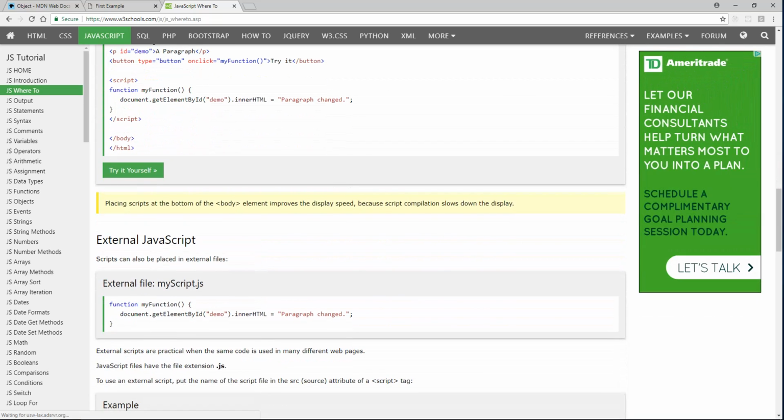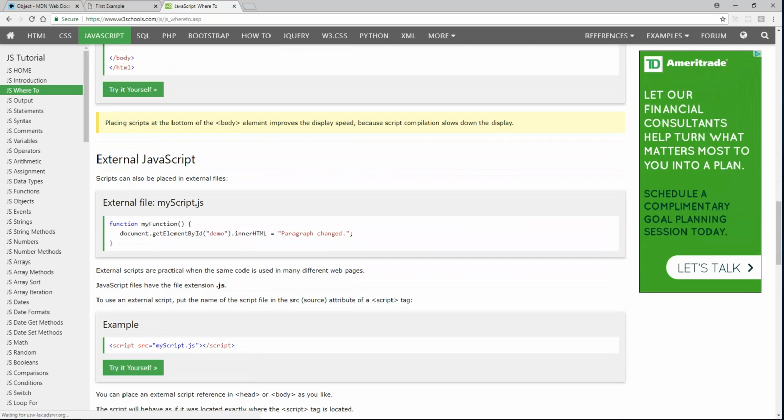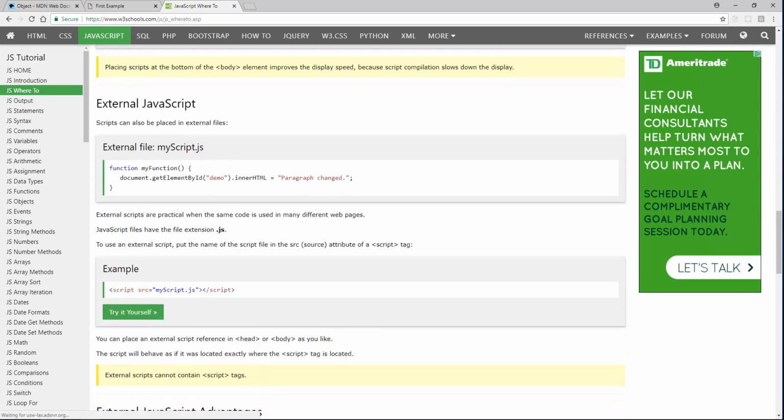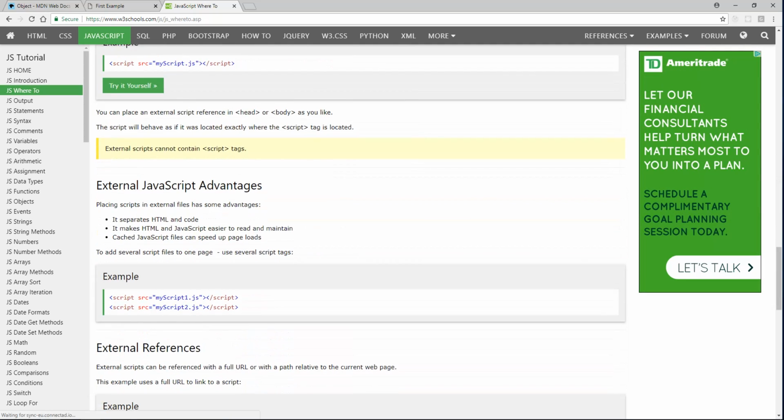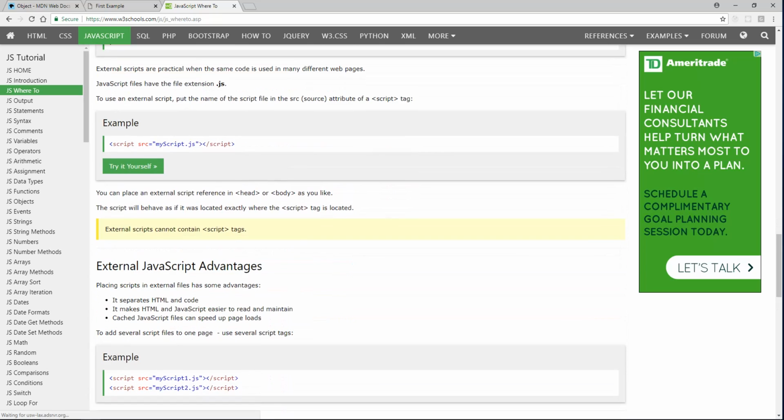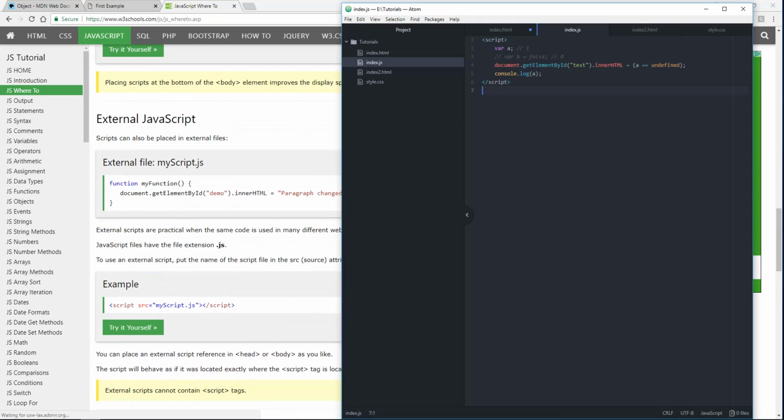External JavaScript. As far as we can tell, we don't need these script tags anymore, do we? Well, no, we should not. Because we've already defined this as JavaScript by that .js. So we have the same thing,